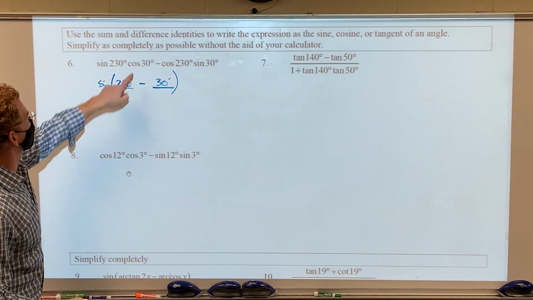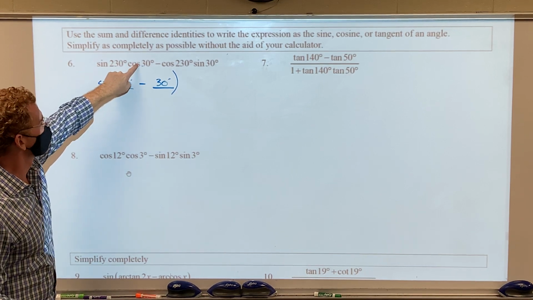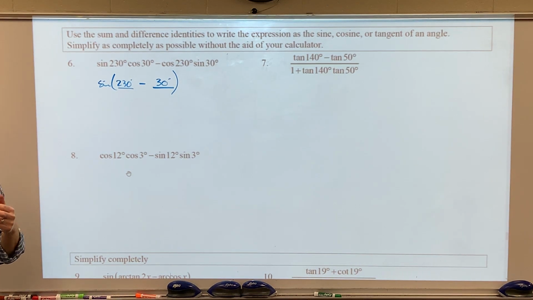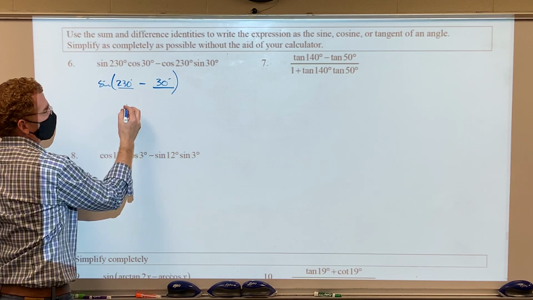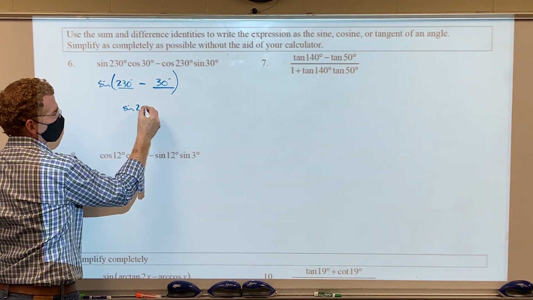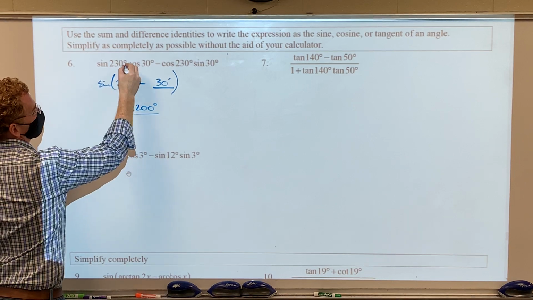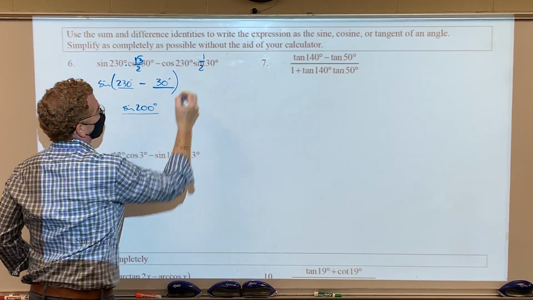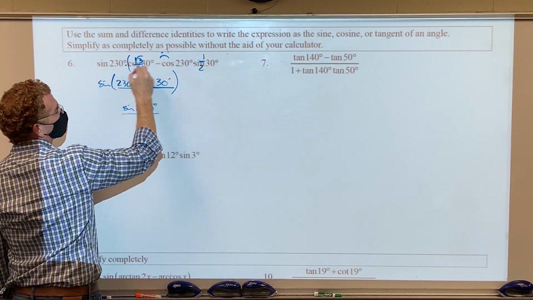Now you may look up here and go, well, why didn't you just plug in square root of 3 over 2 for that and 1/2 for that? Well, I could have, but it's going to be kind of unsimplified, still pretty ugly. And I think maybe this will clean up nicer. And sure enough, I can get it to 200 degrees. And to me, that looks better than sine 230 times root 3 over 2 minus cosine of 230 times 1/2. That was just ugly if I did that. So even though I could have done those two values like